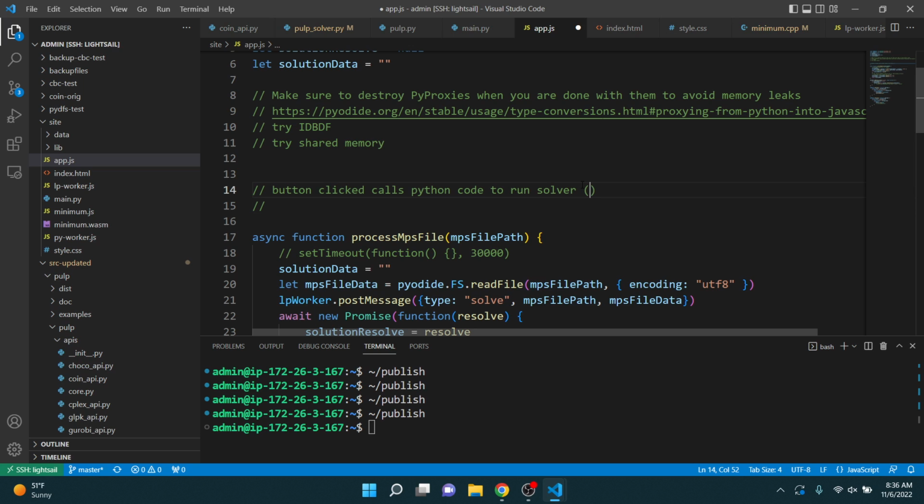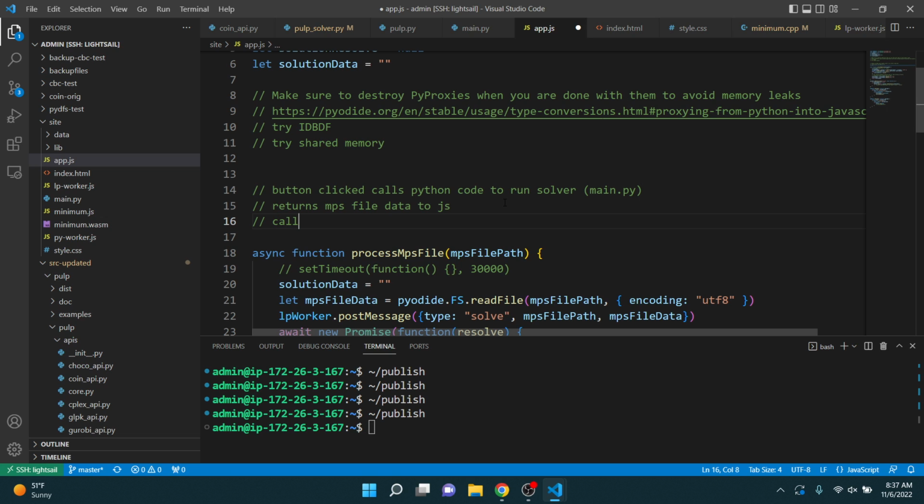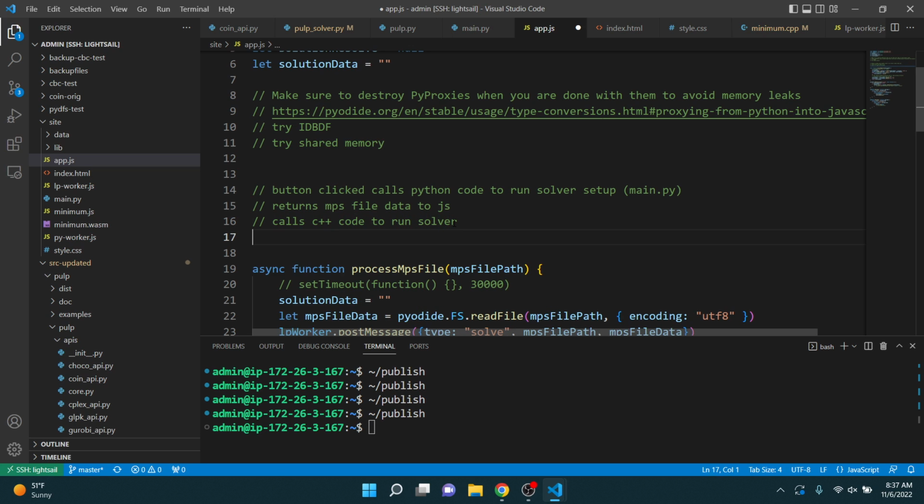Okay, main.py, and then that returns MPS file data to JS, and then that calls Python code. Is it Python code? No, calls C++ code to run solver. Let's call this solver setup actually. And this actually runs a solver, and that returns solution file data,